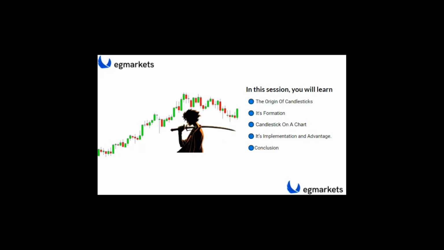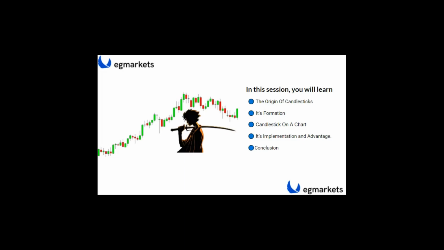The origin of candlesticks was from Japan. Then Steve Nison brought it to us, the Western traders. He saw how this was working. He saw how it reacted to price. He saw what was needed for traders to make profits trading Japanese candlesticks. He brought it to the Western world. That was all he literally did.